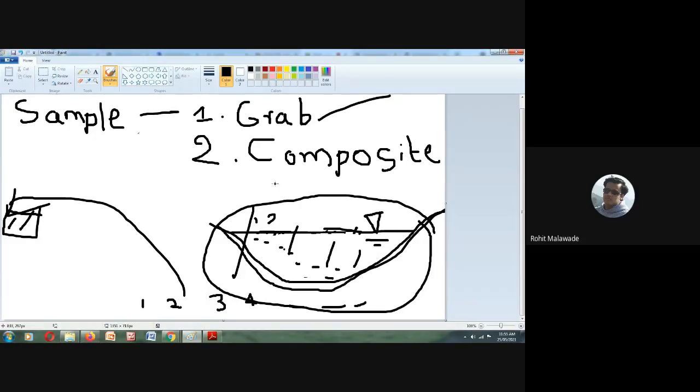Can I depend on this? Yes. Have you understood what is composite sampling? Yes, sir. Okay. Can I depend on this value? Prajwal? Yes, sir. Okay.